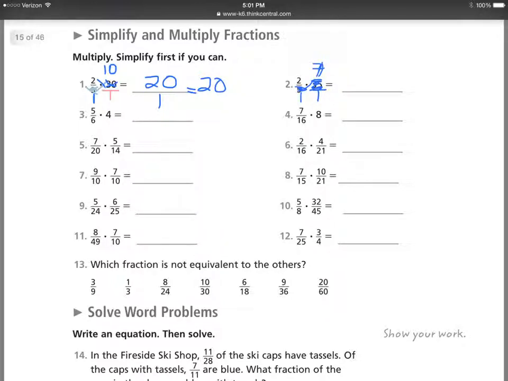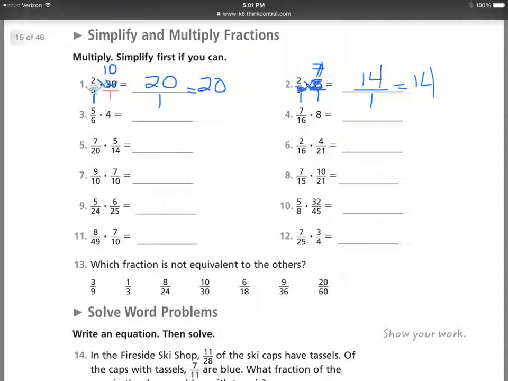And then go ahead and take a look at my other two numbers, but I have a 1 and a 2 again. So there's nothing that I can do there to make those numbers simpler. So now I just multiply straight across. 2 times 7 is 14, and 1 times 1 is 1. And that equals 14 over 1, which equals 14. I'm going to skip 3 and 4 because they're quite similar to 1 and 2,